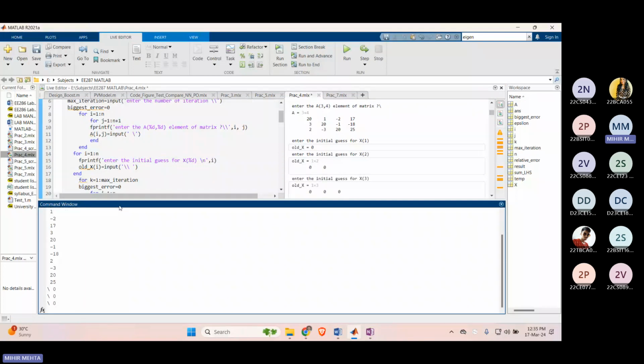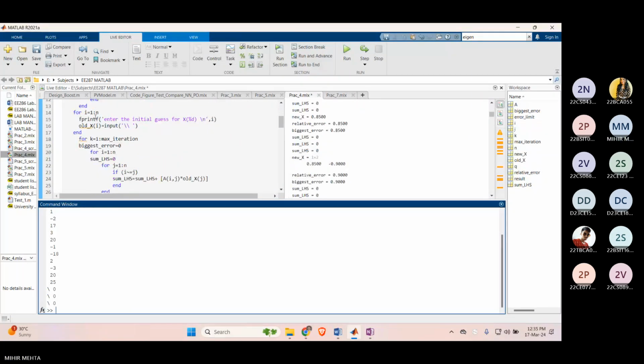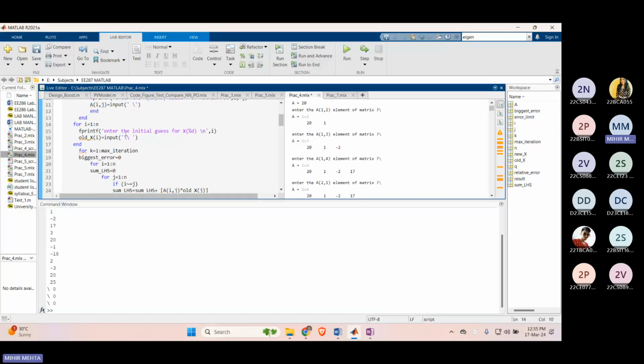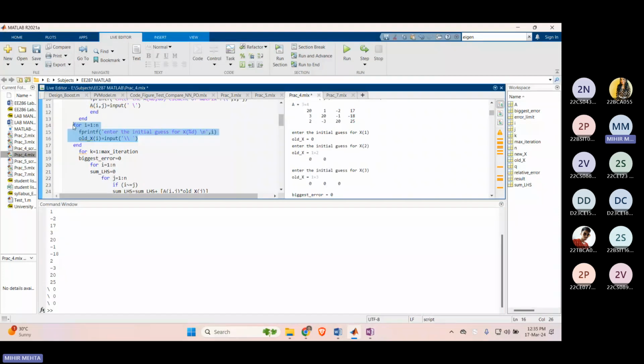So once we have done this, we have done this part of the loop, which says I need to run this and enter this from 1 to n. So I have 3 unknowns. So n is 3. So I need to enter the initial values of x 1, 2, and 3. Okay. Now, once this is done,